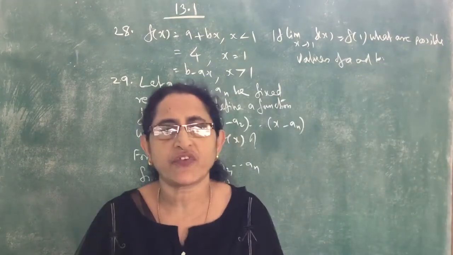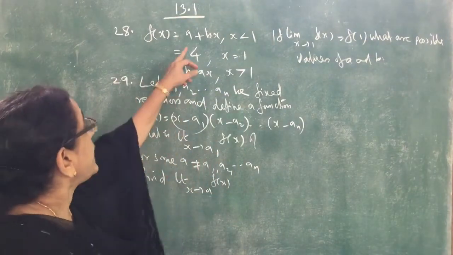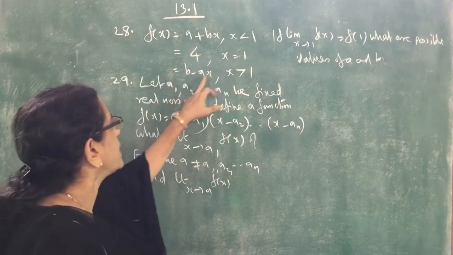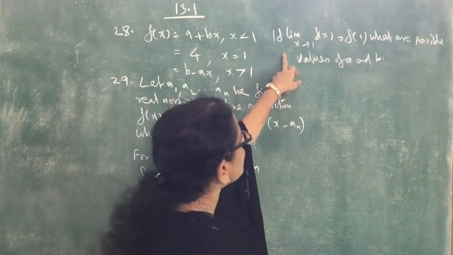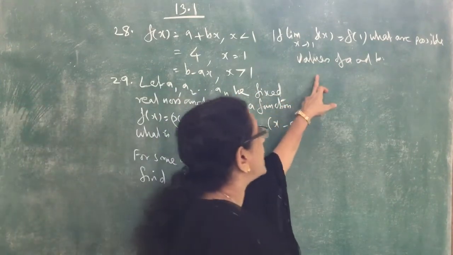Exercise 13.1, 28th one. f(x) is given: a + bx when x < 1, 4 when x = 1, b - ax when x > 1. If the limit as x tends to 1 of f(x) equals f(1), what are the possible values of a